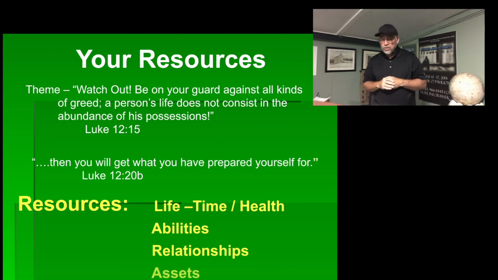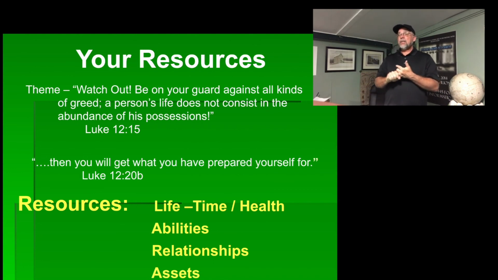And then the last one that we're going to talk about today is your assets. Here we get to the money. Okay? Your resources are your assets. And assets are not just about the money that you make and your gross salary or your net salary, and those are different things that we're going to talk about. It can also be what you possess as far as your land, what you possess that you own outright, your health